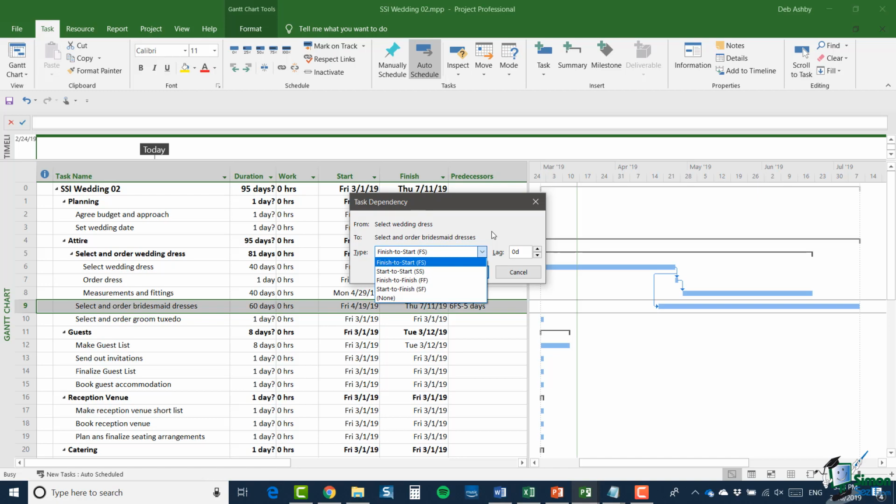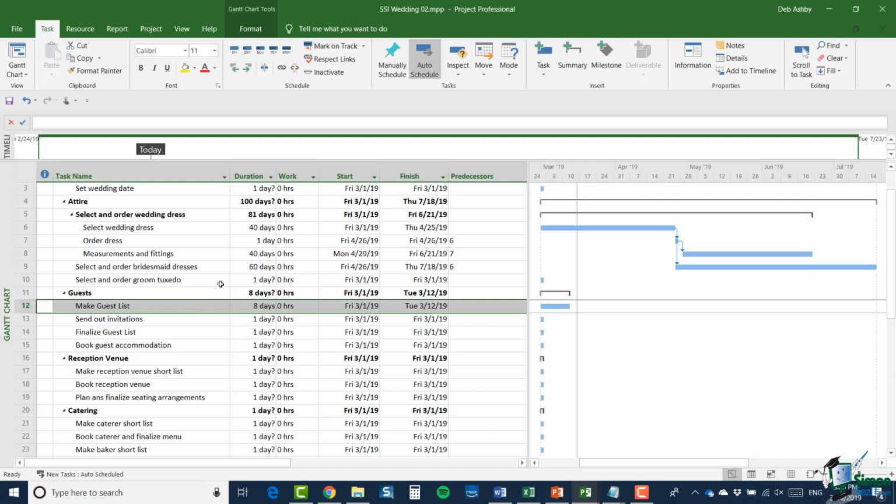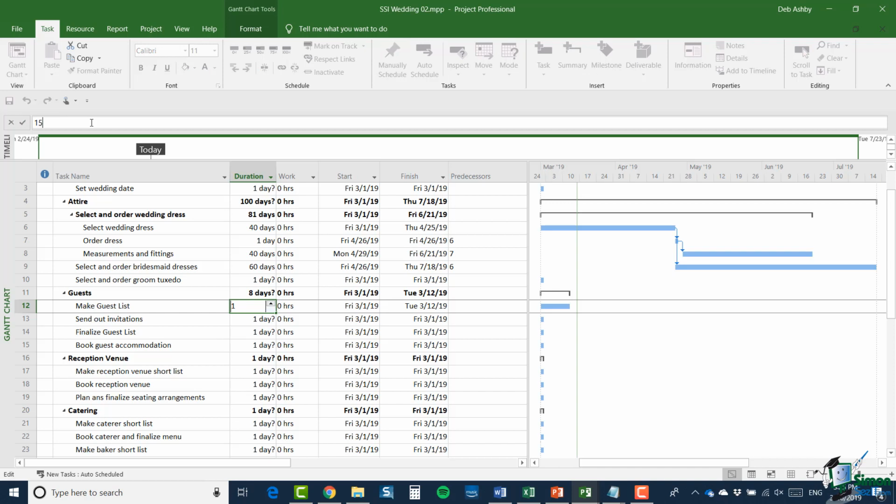The next task I want to look at is the task of making the guest list. Now, making the guest list can be quite a long and controversial subject. I'm going to assume for a moment that it's going to take maybe 3 to 4 weeks to try and make sure that everybody that should be invited is invited. So let's change this from 8 to 15 days. And again, you can either click in the cell and change it up here or double click on the task. So I'm just going to put 15